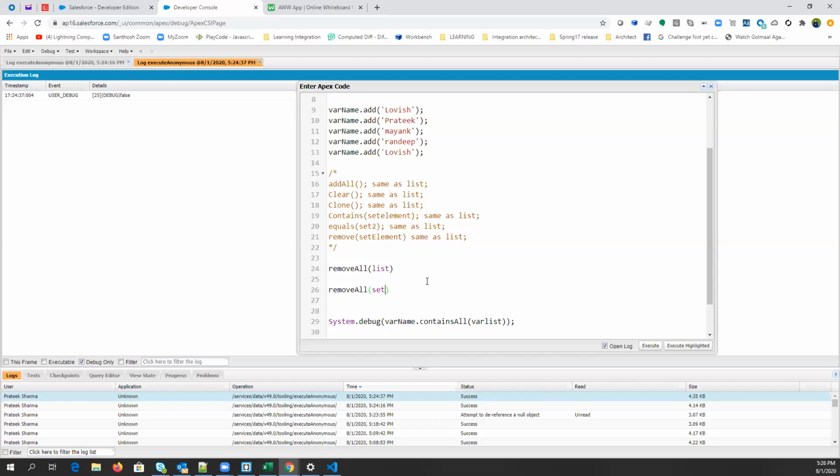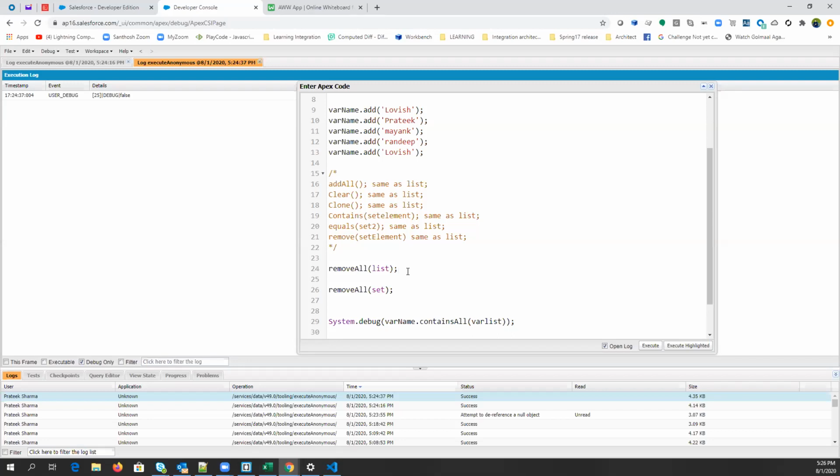But for the containsAll method, is it necessary to create a list to check? You cannot use a set? In the parameter, it is showing as a list only as per the documentation, but I haven't used it. Just try it at your end and let me know as well. Okay, sir. But good question.